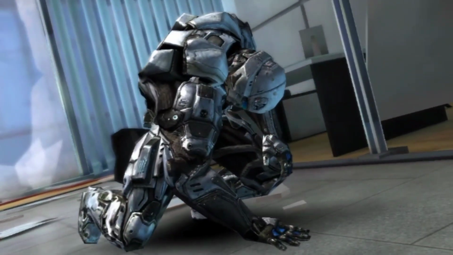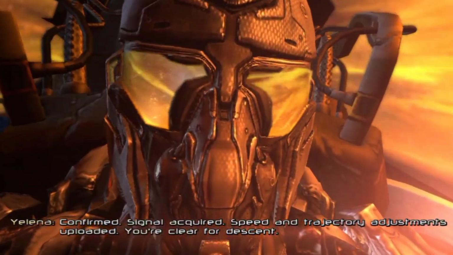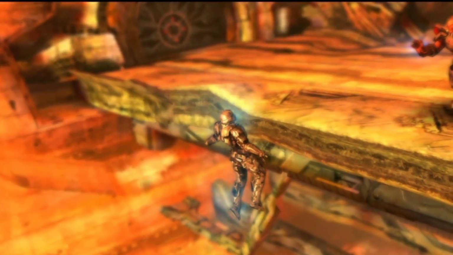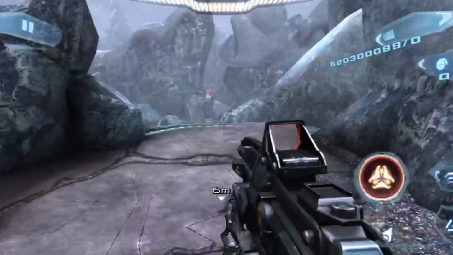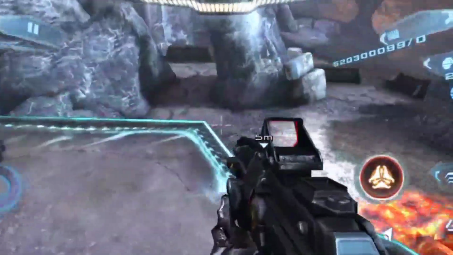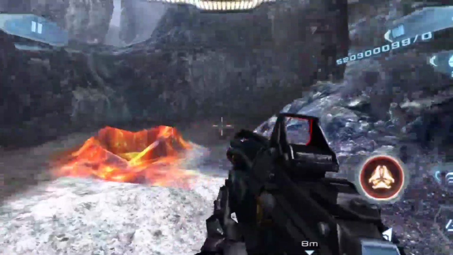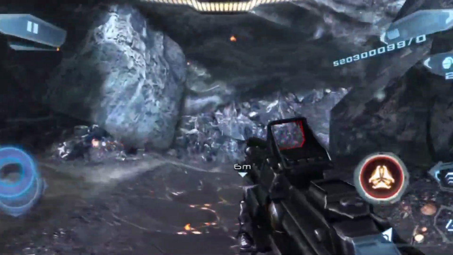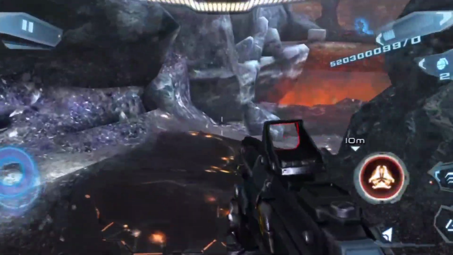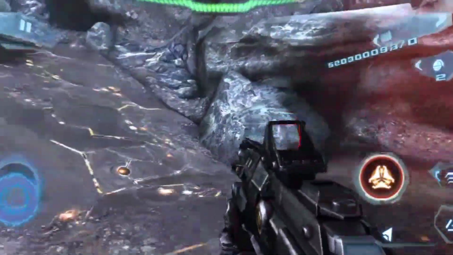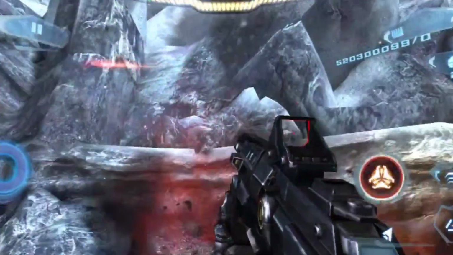reflections. It's just mind-blowing. This game was even considered the Crysis on mobile because of how graphically intense it was. It was hard to run properly on 2011 smartphones at that time, even on flagships. You were lucky if you could run this game at a stable 30 FPS. But now, you can run the game at a stable 30 to 60 FPS because of how much processing power